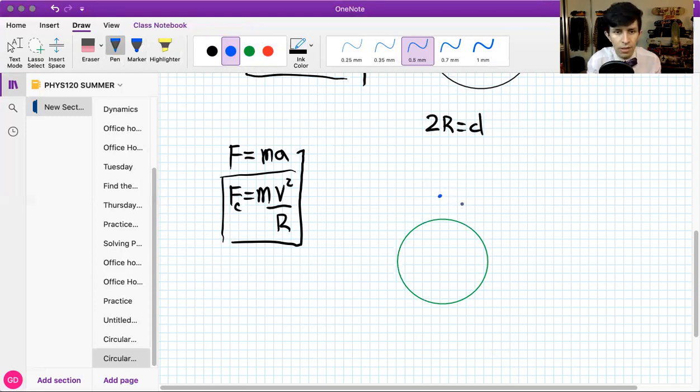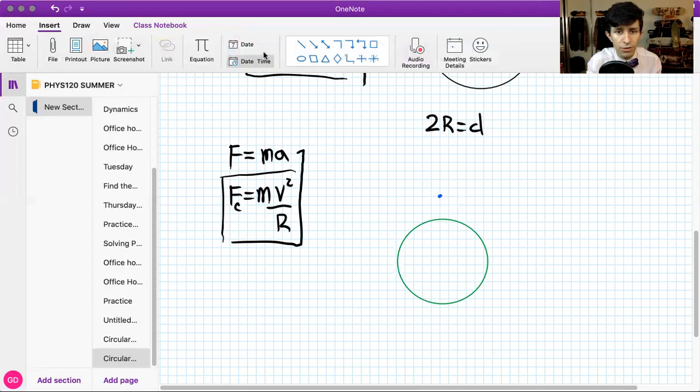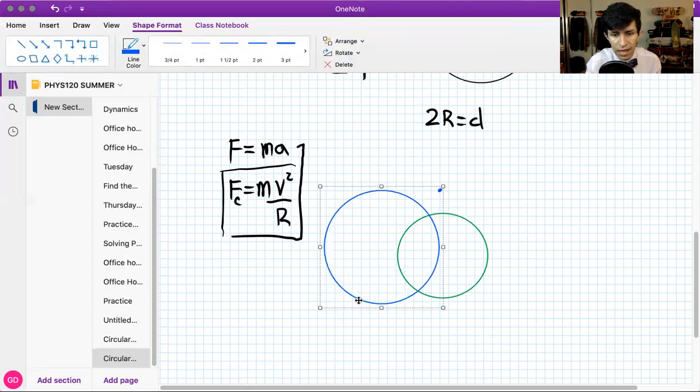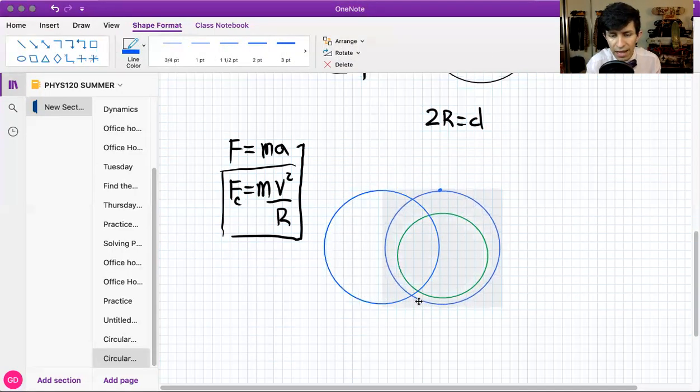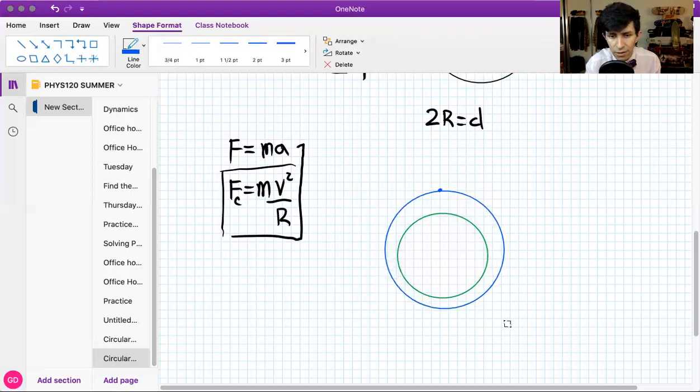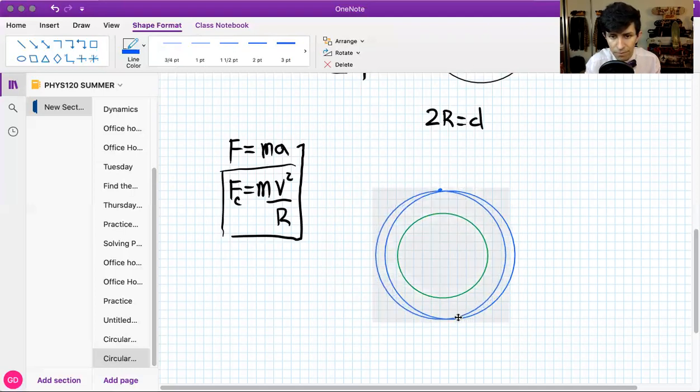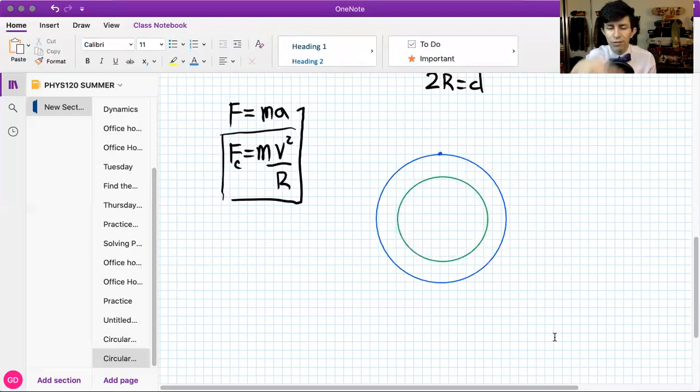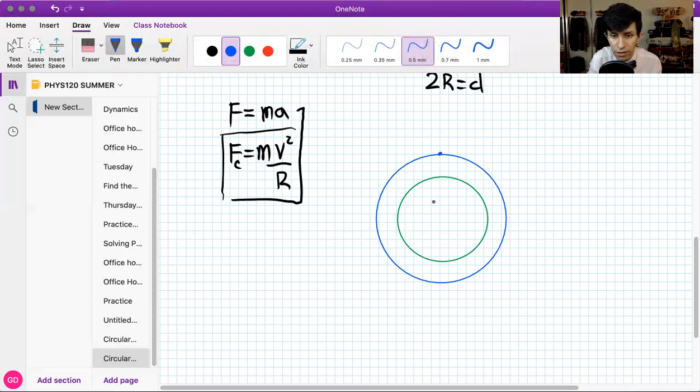And so what I'm gonna do is insert another circle. And this circle represents the path of the orbit. So the blue, think of that as the path that the International Space Station takes to go around the Earth. So if it travels in that direction, it's moving here, it's moving there,